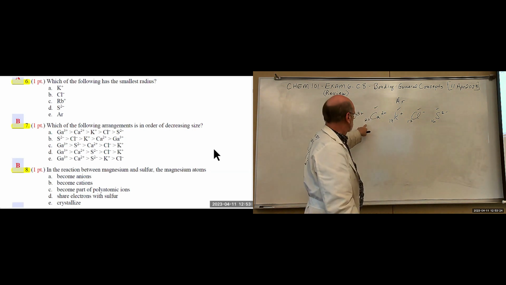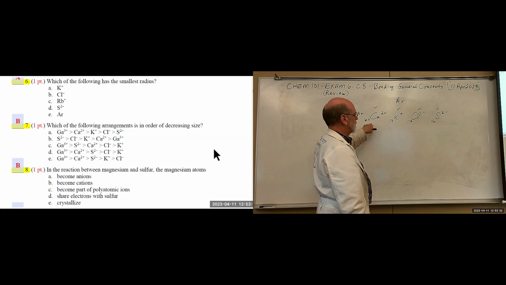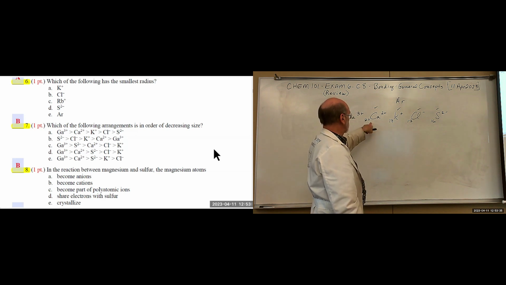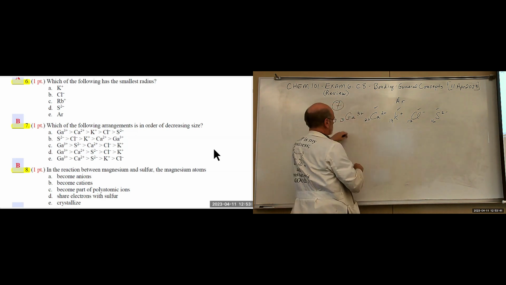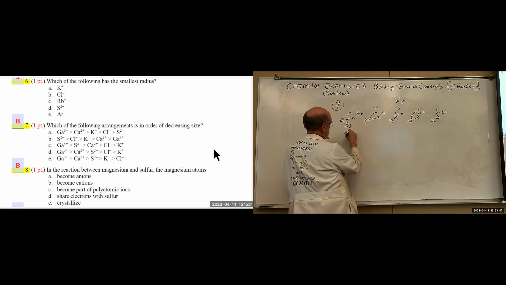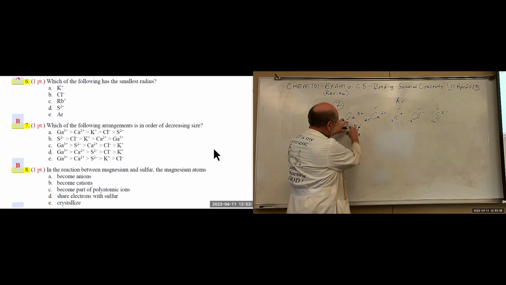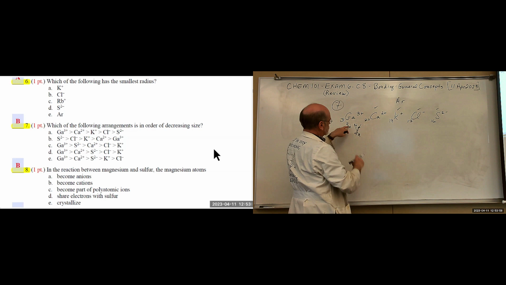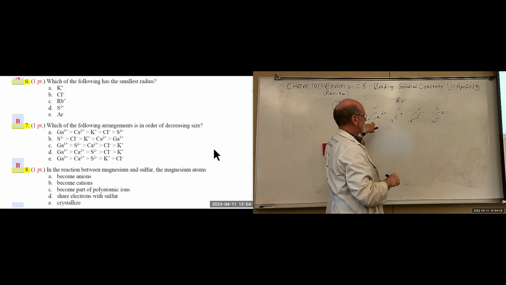Yeah, I think that's sound reasoning. Which of the following arrangements is in order of decreasing size? This should be the smallest, I think. This one is smaller than that, because it's got 31 protons. And it has 3D, but it's lost its 4P's and 4S's. They're gone. So this is down into a smaller orbital size too. So this one should be the smallest. And then the next one would be